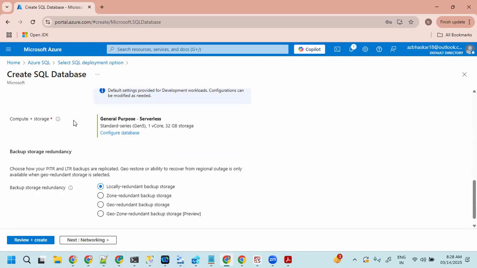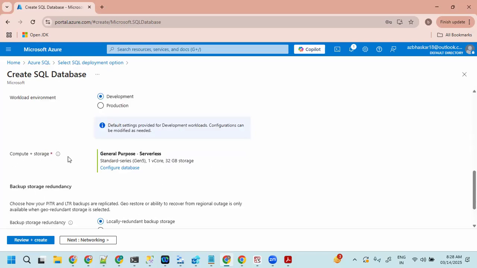And then we have to specify the compute and storage. If you go for the default one, the cost is more, so you don't need to go for General Purpose. There is a vCore. Basically, when you take a single database, we are going to have two purchasing models.